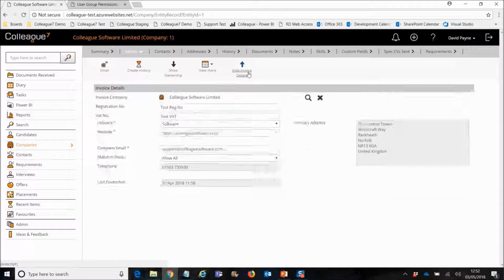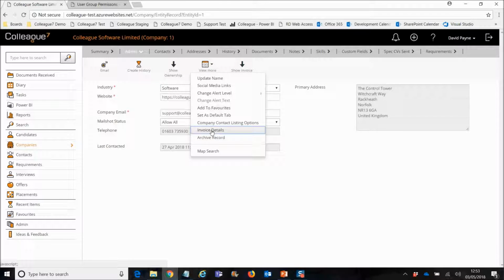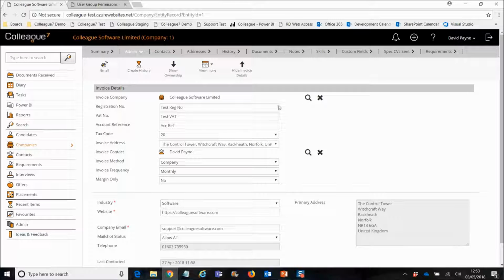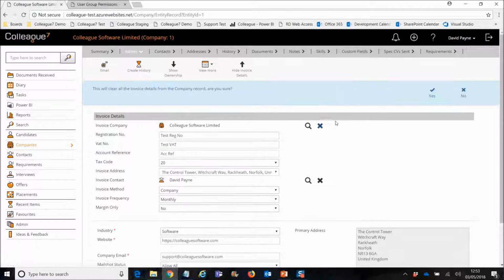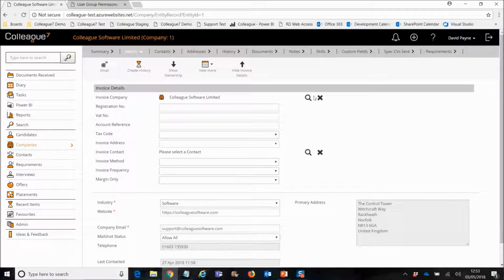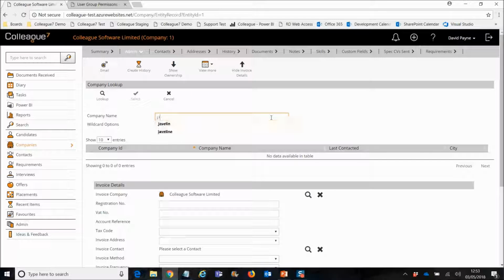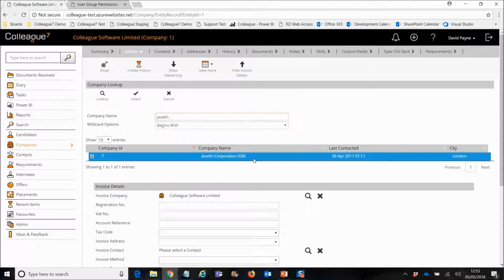Obviously those details are hidden or shown based on someone calling the invoice details page. If you choose to press on this cross option, that's going to give you the option to clear all of these fields from the company record, which you can choose to do there by hitting yes, and that will clear it down. The reason why you can do that is because it is an option to use a different company. Is it possible to use a different company